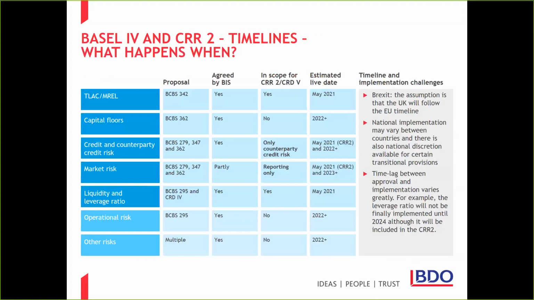The first one is the CRR2, which is in 2021. This is basically an update of the regulatory reporting regime, and then we have the more fundamental Basel IV, coming in 2022 plus. That hasn't gone through the European Union yet, and therefore not into UK legislation. But we expect that will happen sometime after 2022, and I'm quite certain that most of these changes will happen